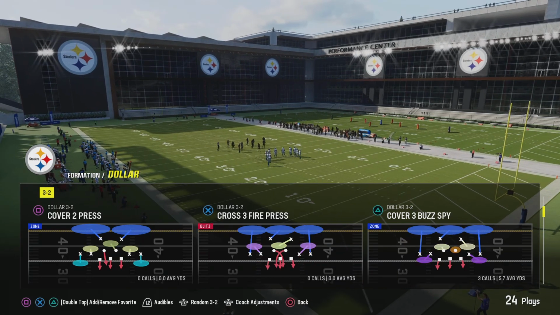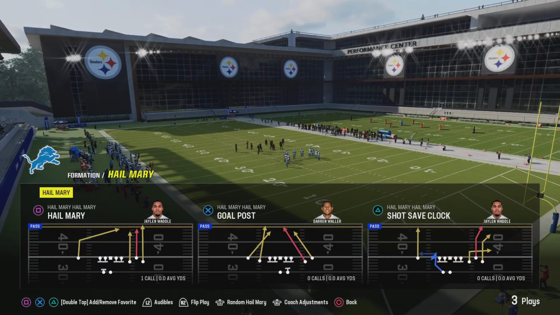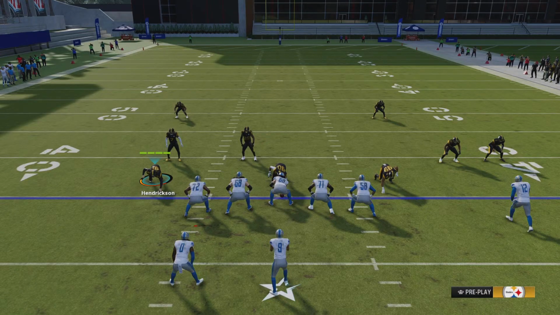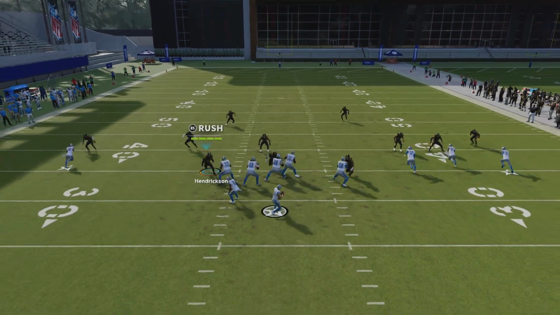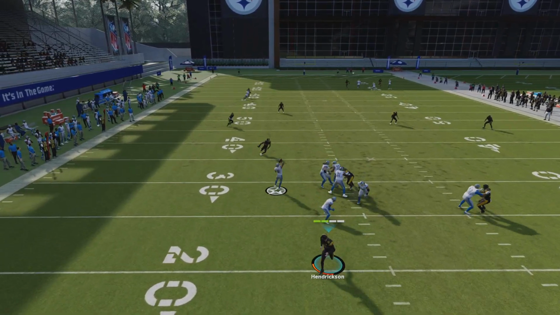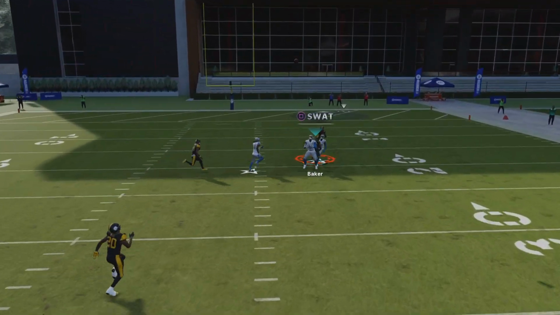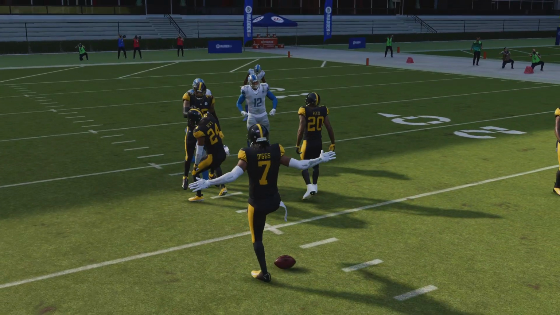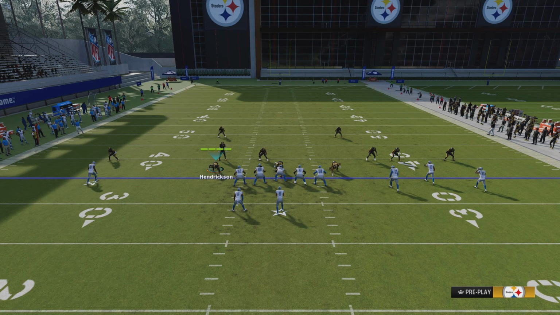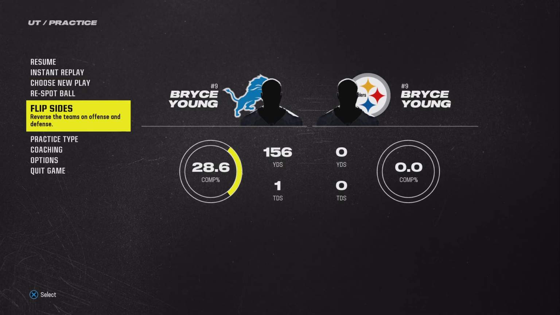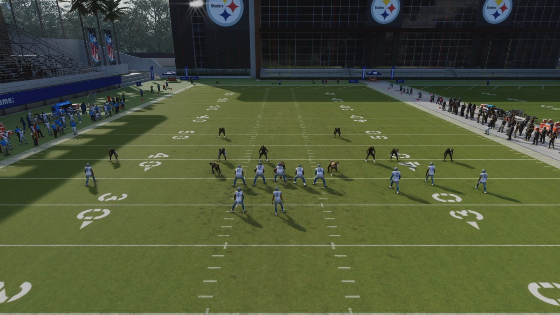So let's run that play, that zone defense versus Hail Mary. Now let's see if those DBs match the receivers and run all the way back. That's what I'm really curious about, to see how well it works. Okay, so they're still floating back. No, they didn't quite go all the way. They went a little bit further, but let me, I think part of what you can do is you change,